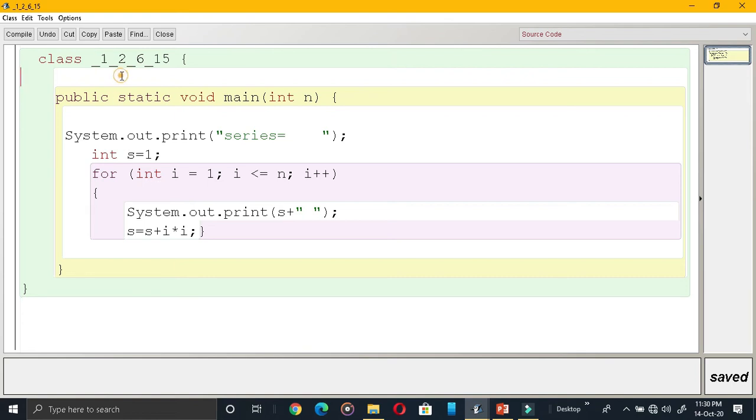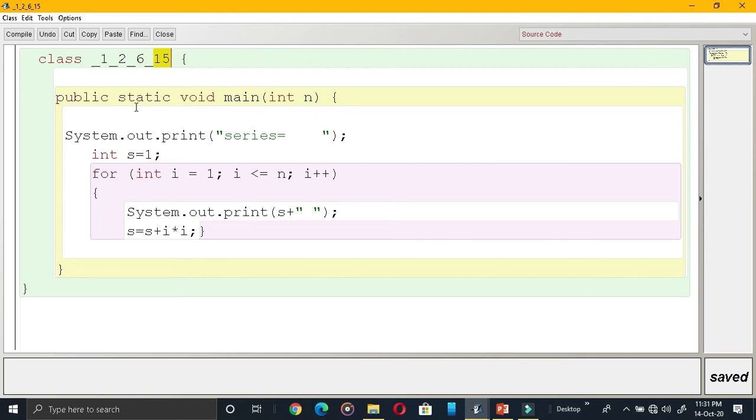Now next term, in order to get this 2, I have to add to 1 the square of that 1. Square of 1 is 1, so 1 plus 1 becomes 2. Now I need to get the square of this 2. Square of 2 is 4. 4 plus the previous term, 2, 6 you are getting.